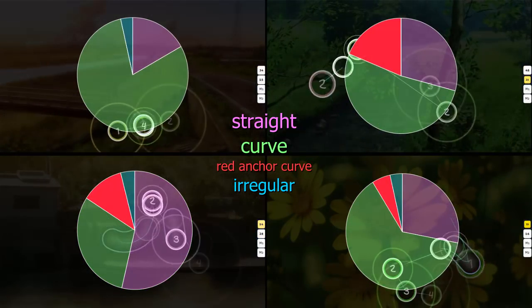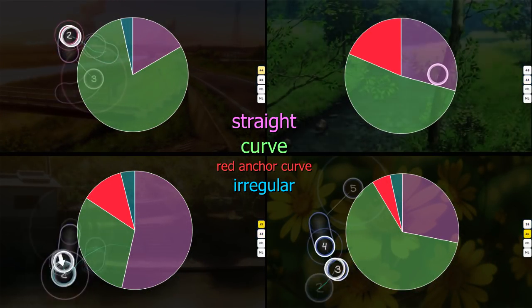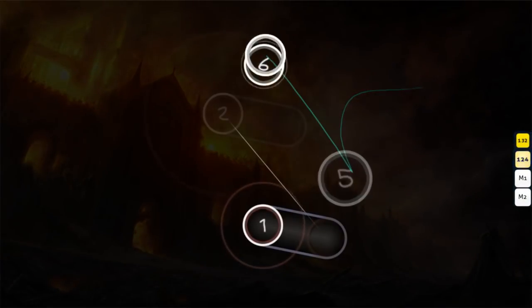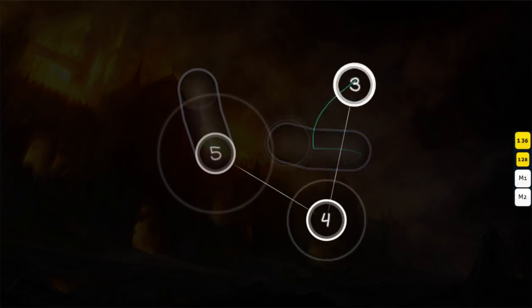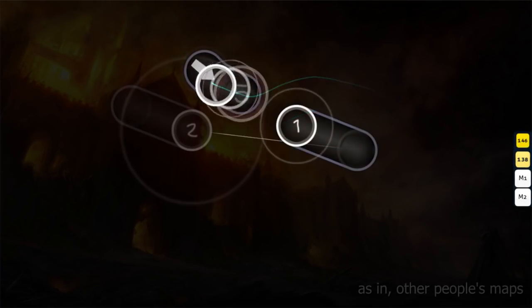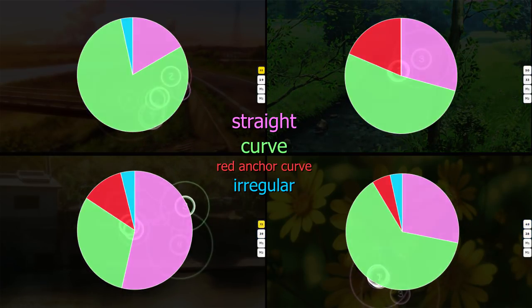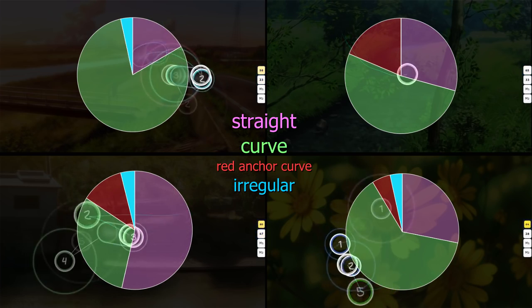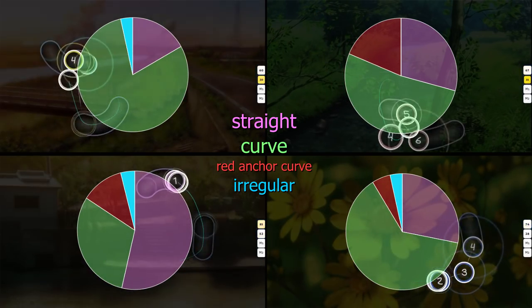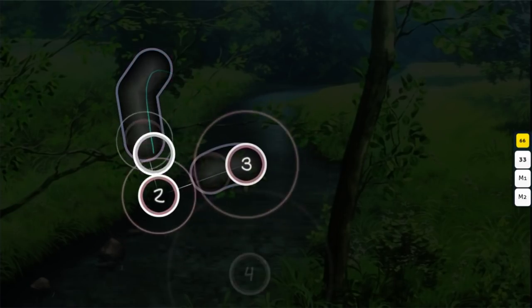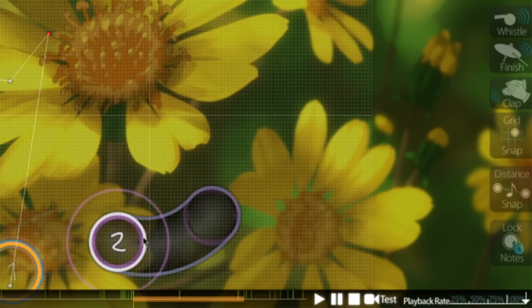On 3 maps, I've also got some of those red anchor curves I coined a few seconds ago. Clearly, I use a lot less of these than curves or straight lines, though I still probably use them more than other mappers because of habits I formed when I was a new mapper. These could probably be paired with irregular sliders in most situations. Speaking of, this irregular section is a minority on all difficulties despite covering the highest number of potential slider shapes. What's more, the irregular shapes vary between each map too. The first one uses shapes like this, the second has none, the third uses these, and the fourth has these